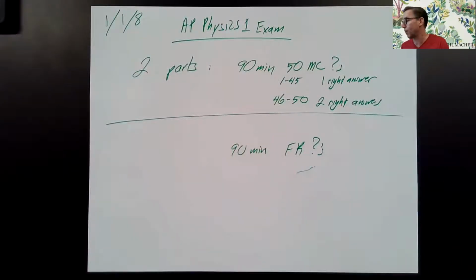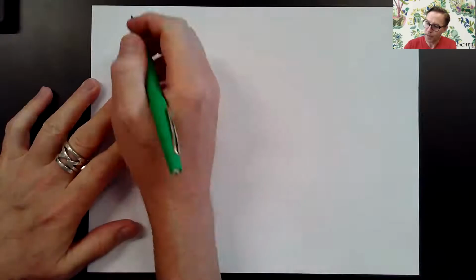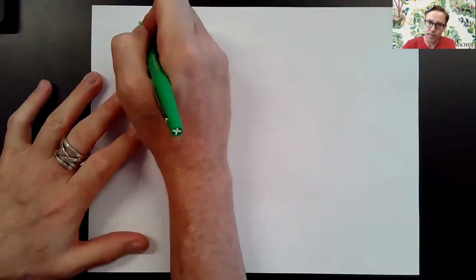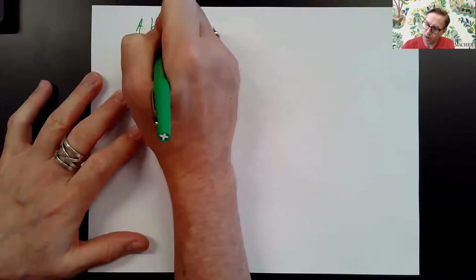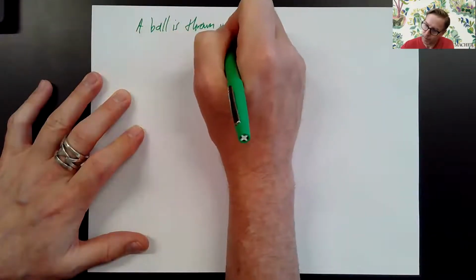And that is the free response. So what I want to spend a little bit of time on now is explaining to you what kind of problems in physics involve two right answers. And I'm going to use this as an opportunity to review some of our kinematics. So let's say we have a word problem that sounds like this. A ball is thrown upward